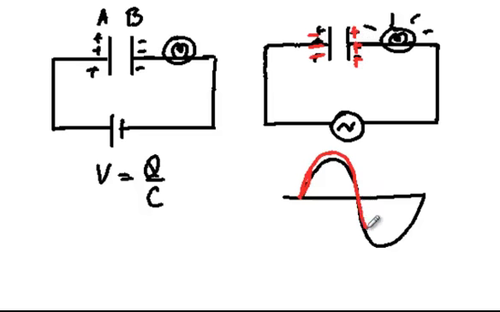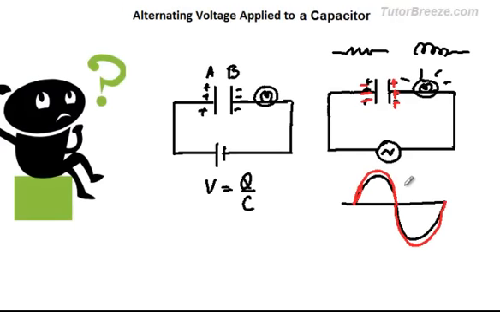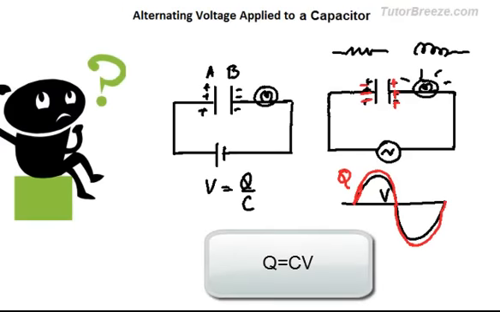So this is when the voltage reverses, and you can see that the charge is going to be in phase with the voltage. It's in step with it. Now as the voltage decreases and once again comes back to zero, the charge on the plates of the capacitor also comes back to zero. Now this is true because Q is given by CV. But the current which is flowing in the circuit is given by dQ over dt.